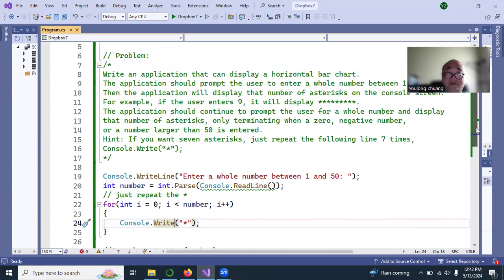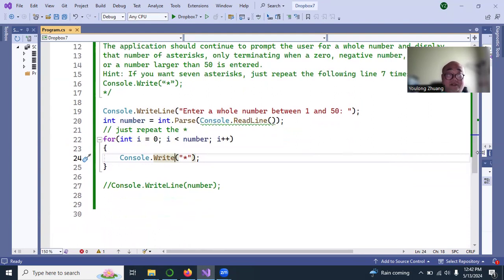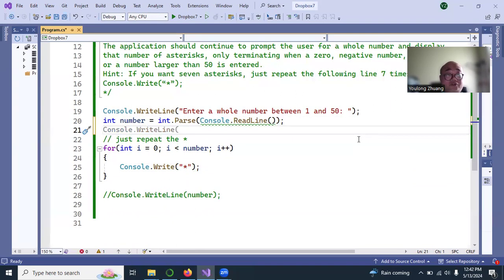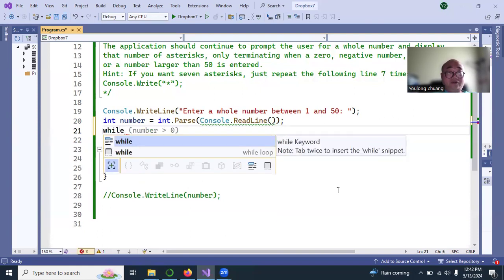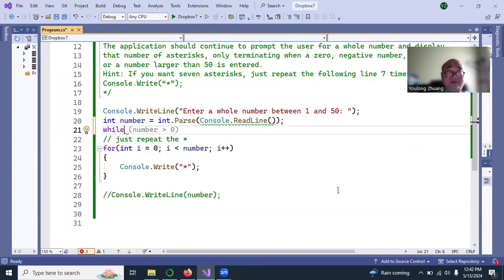And what else do we need to do? Let's see the problem. It should continue to prompt the user for a whole number. So this is only running once, and we'd like to run many times. So first we need to make sure the number entered is between 1 and 50. So you can use a while loop. We want to repeat when the number is more than 0,